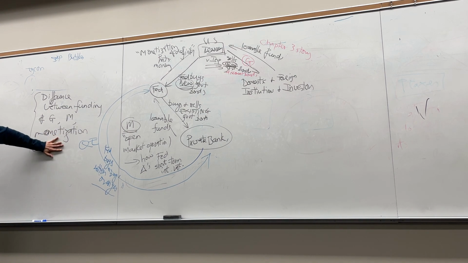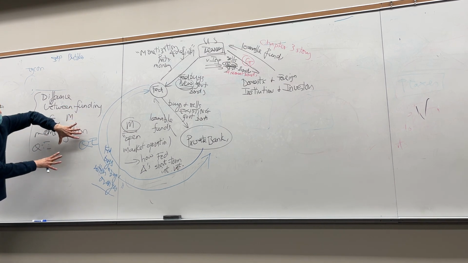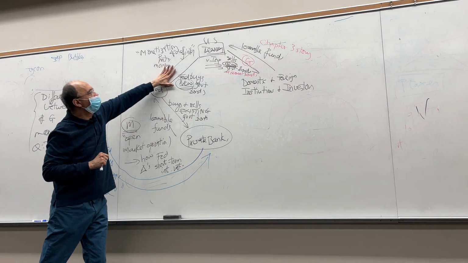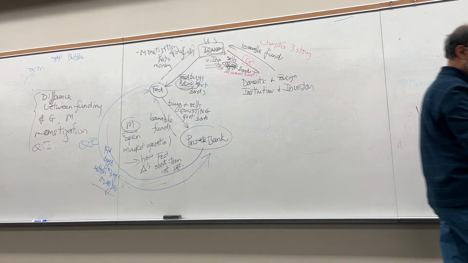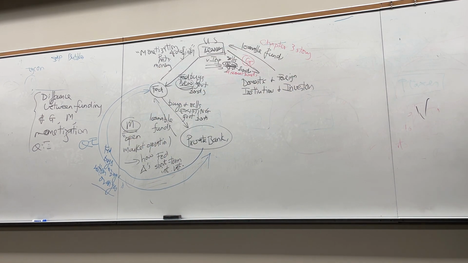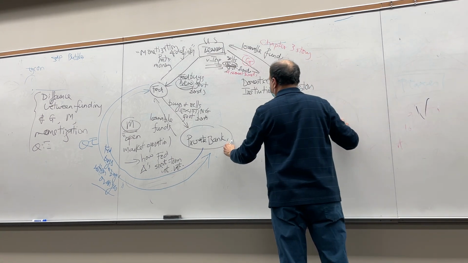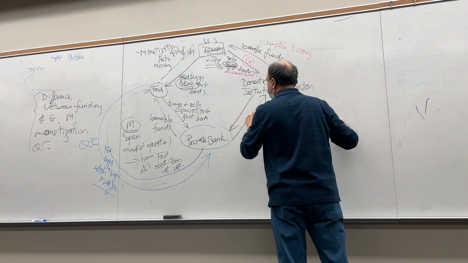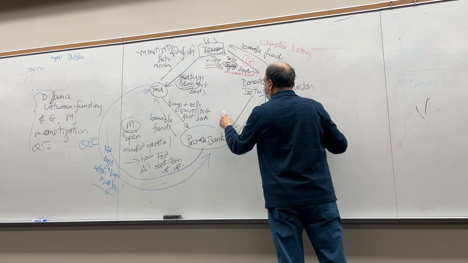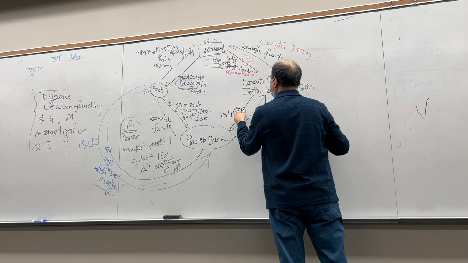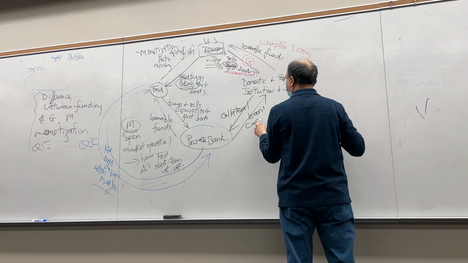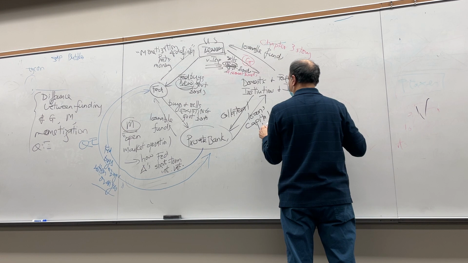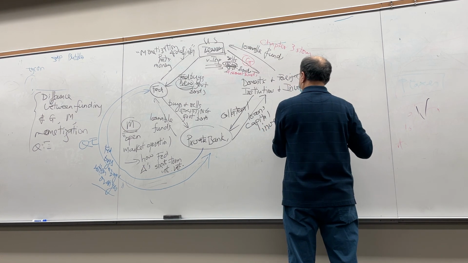So that's this. So existing and oranges here, new bonds here, new bonds here. And now this last thing here is private banks. So this is collateral, and this is capital investment, loans for capital investment. And so this is I.